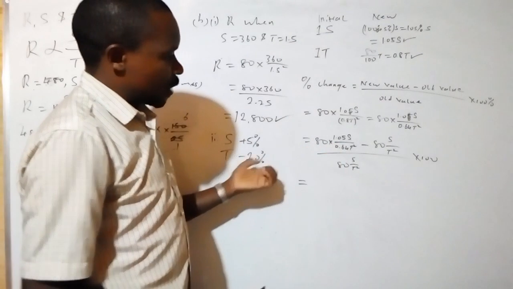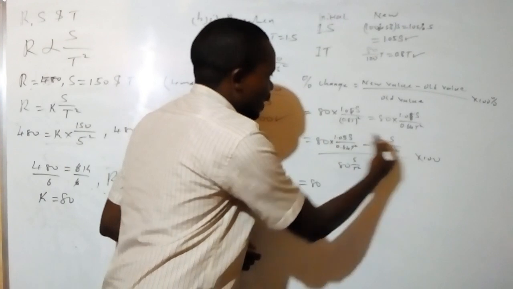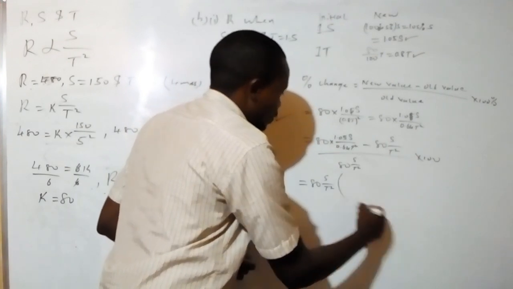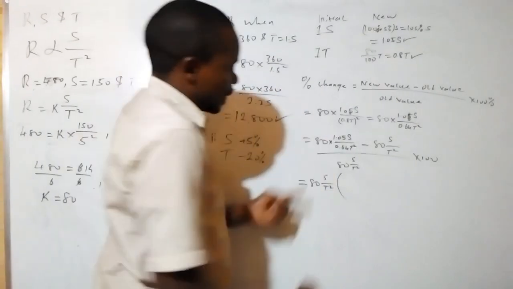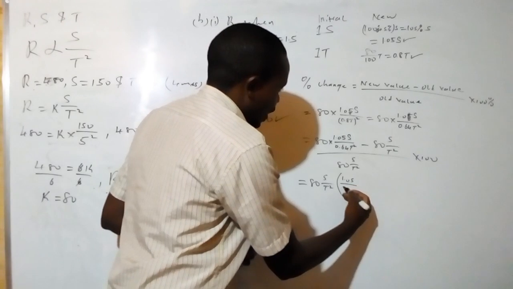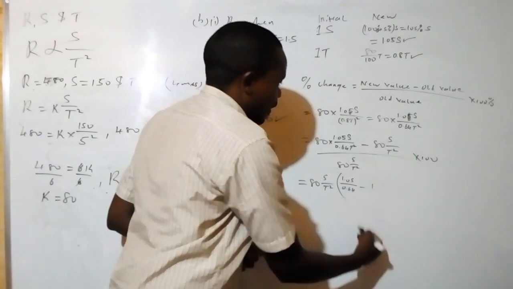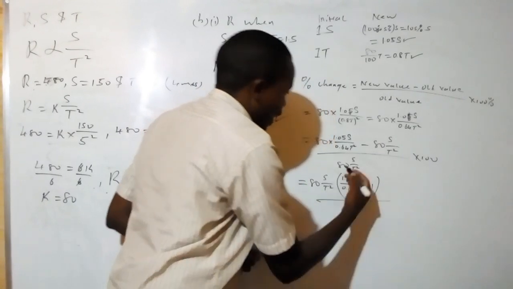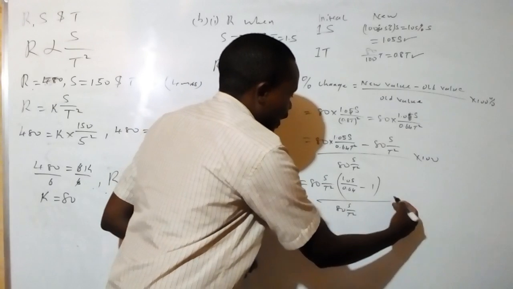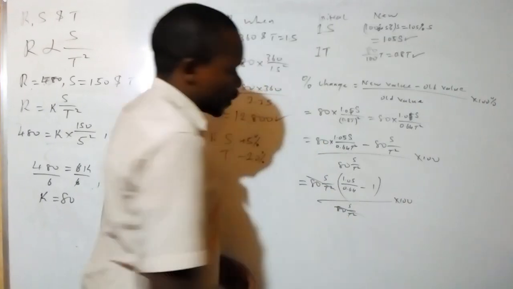Here and here I can see 80, the same I can see S, the same I can see T squared. Good. Here you'll be left with 1.05 all over 0.64. What of here? Minus 1, into bracket, all over 80 initial S over T squared, times 100, so that numerator and denominator you cancel out like that, and you'll be left with